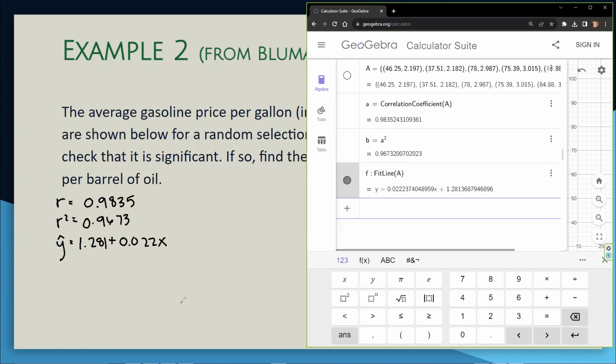Now that we have that information, we can run our hypothesis test. So we're going to start the same way. We know what our null and alternative look like. Rho equals 0, rho does not equal 0. We know to find the p-value, first we have to start with the test statistic. So t is going to be r,